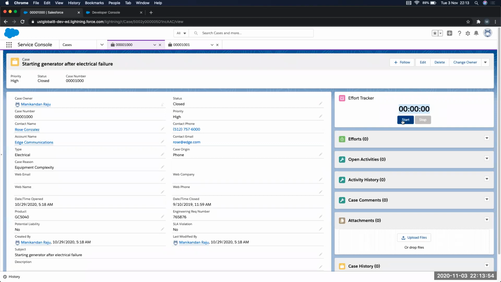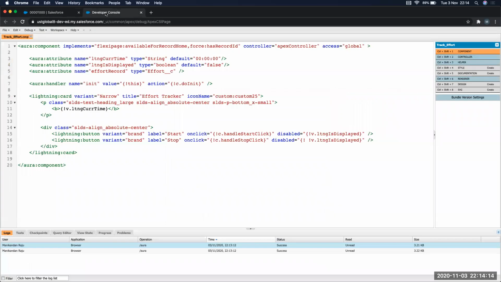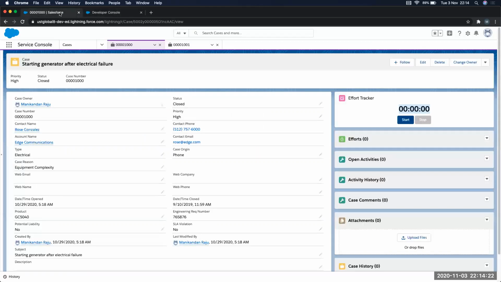At the back end, I'm trying to add a child record as well, because the moment I click on start, I wanted to capture the start time, when this effort did start. And I did use that to retrieve as well, as I was saying. Let's say I'm on this window and on a developer console, it will still run, but let's say I move into PowerPoint, which I was displaying. In that case, that setTimeout goes into sleep mode, which is why I'll be using that start time on this effort record, and then reset this time to where it is supposed to run.